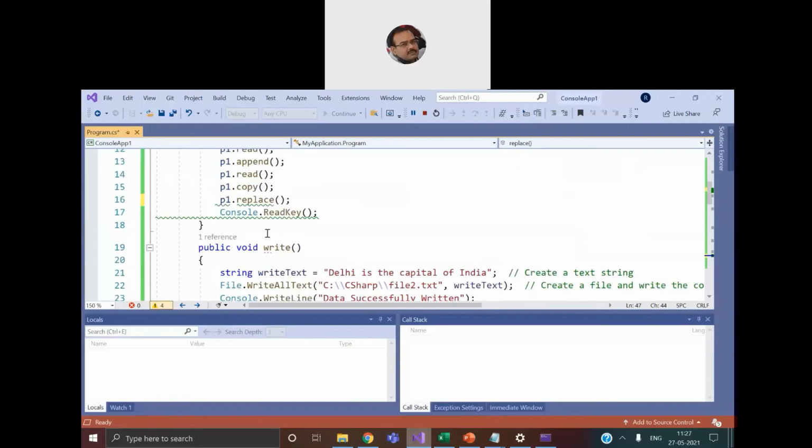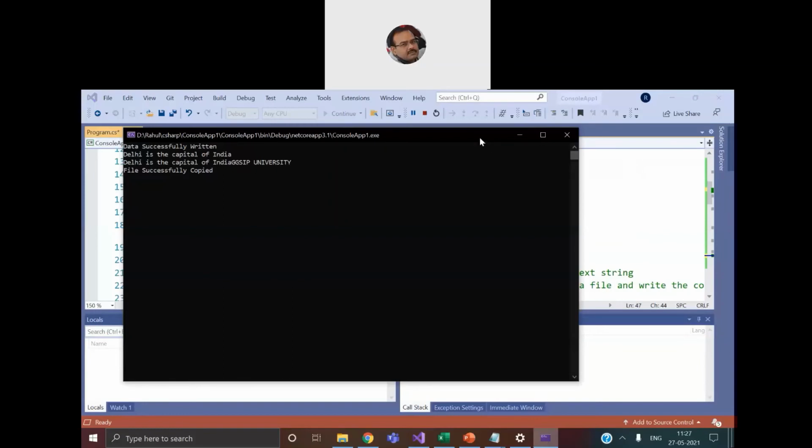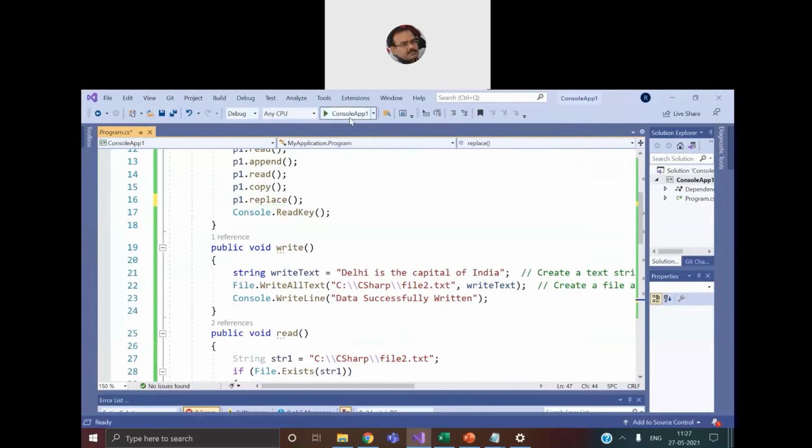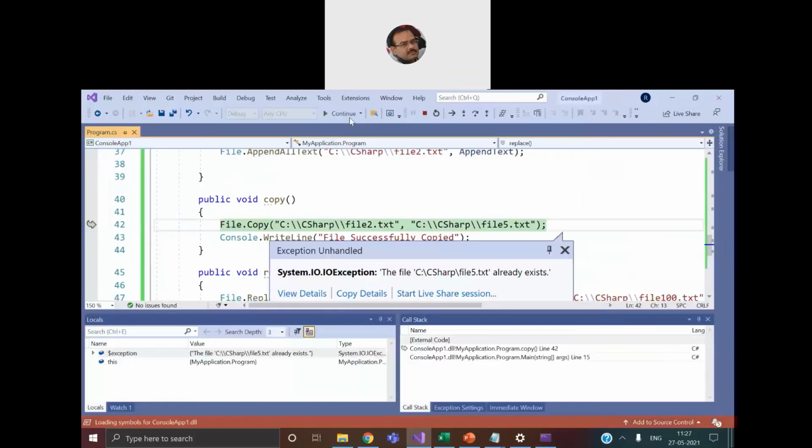Just let me check. Yeah. So we close down the running console window and then run the application. Yeah, now copying it will create a problem because it has already performed the copy operation once.